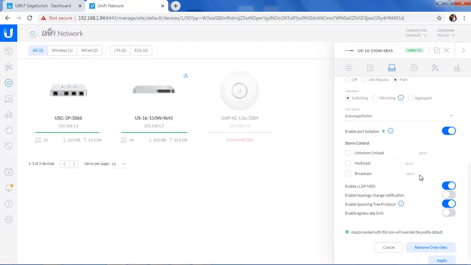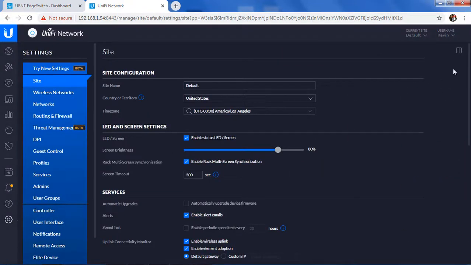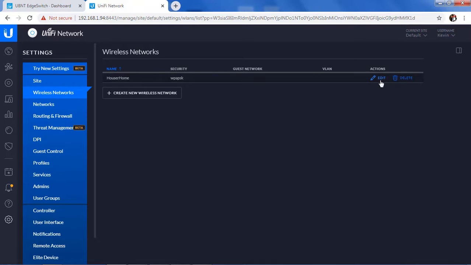All right, and so we see how to do it in Edge. It's pretty easy to do. We see how to do it in UniFi as well. Pretty easy to do. Now, I wanted to make sure you understand what I meant earlier. Let me go back to the settings menu here. So let's jump into wireless networks here, and I'm going to go ahead and edit my wireless